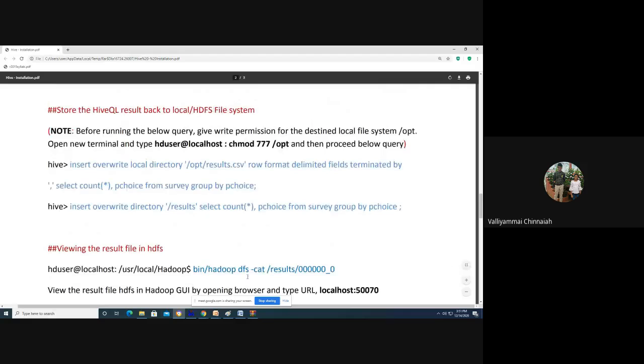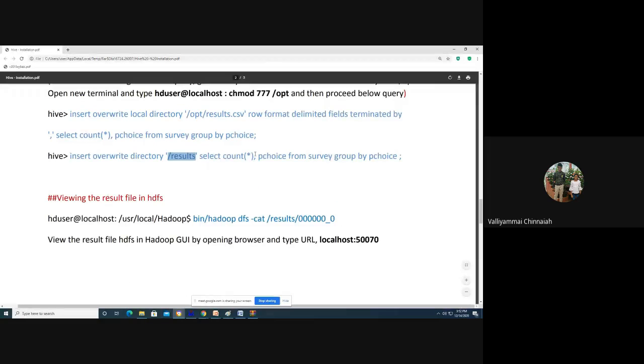So viewing the result. This is what you are writing the result to HDFS file system. You are executing this SQL statement and writing the result of this SQL statement to the HDFS file system results. You want to view the results that are stored in the HDFS file system. So the normal cat command you can make use of. See here, normal cat results. This result file will be stored in this way only. Otherwise, you can go to that Hadoop GUI, go to the browser and see